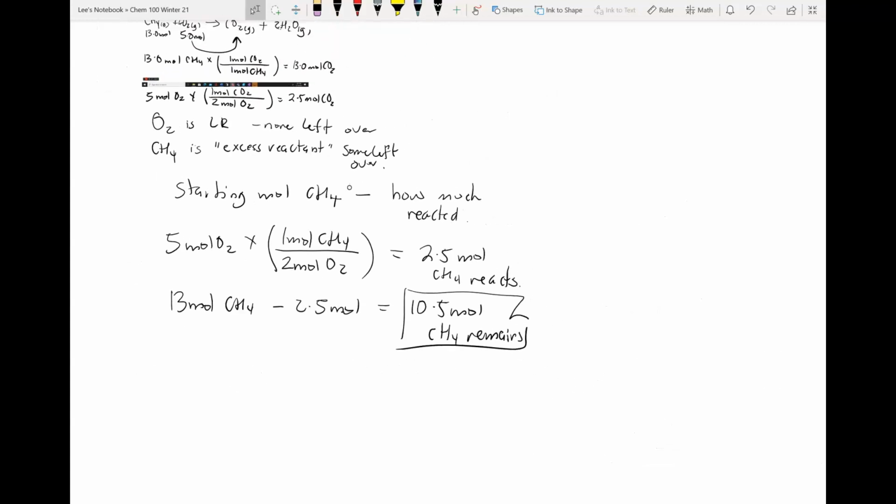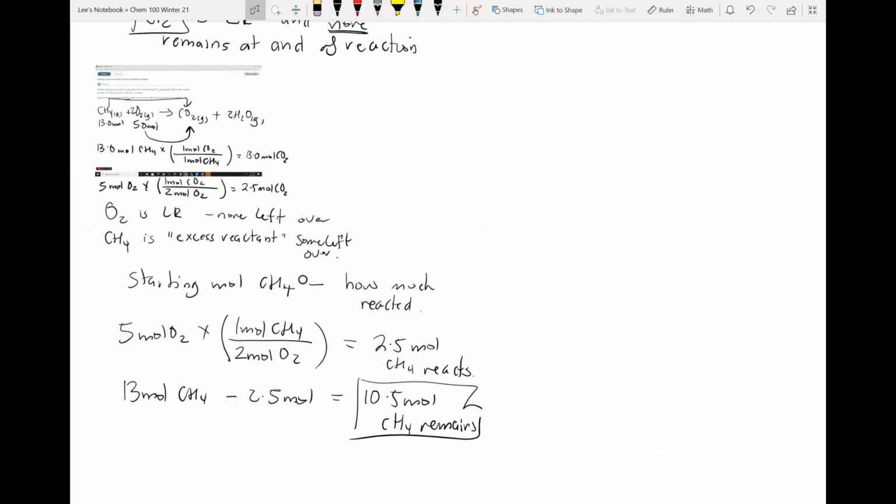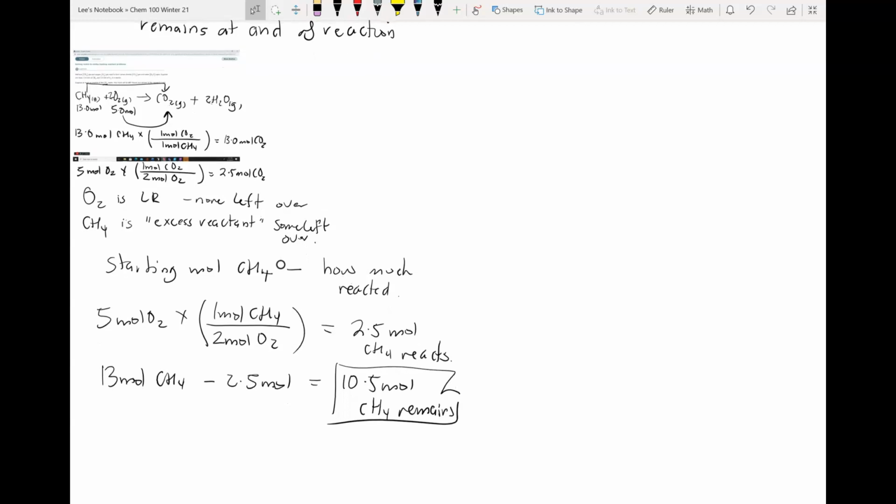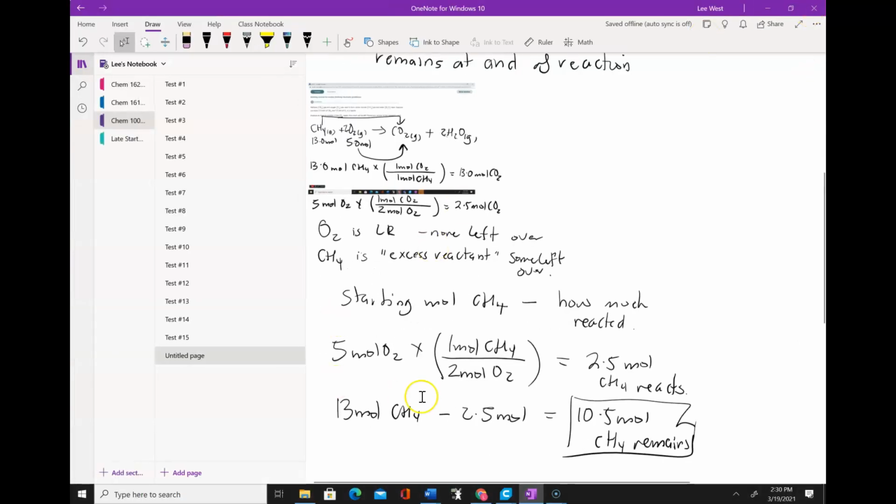Okay, so I think that makes sense to me. All right, so there we are. All right, so that's it. So it's all about the concept of the mole ratio and also the concept of the limiting